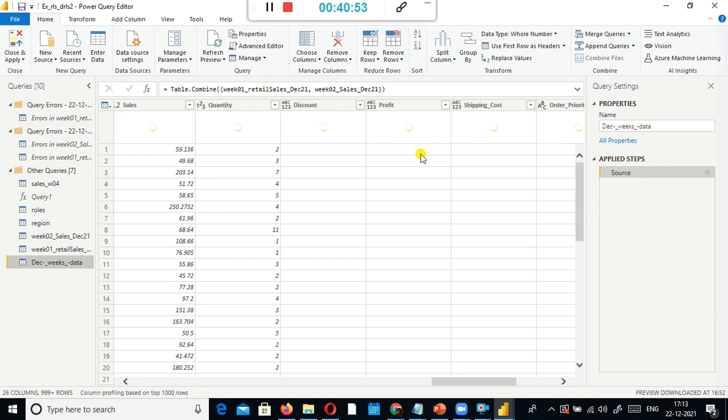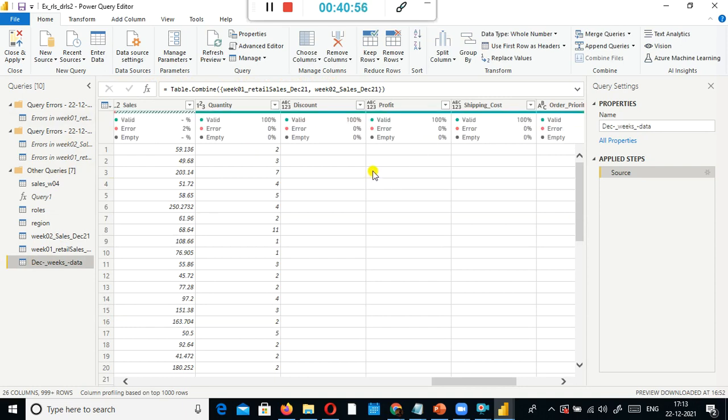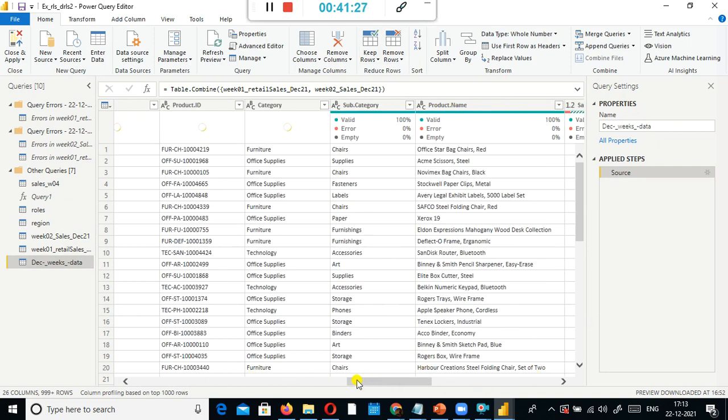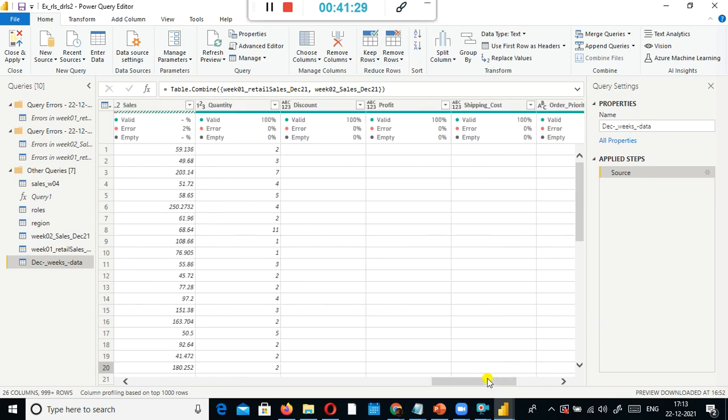On top of that you do some kind of analysis, you apply some transformation. So we discussed the information functions, is error or is number or is text. Those functions we discussed, those functions are informational functions. So it helps us to confirm whether the specific column is actually a number or text data type. Fine. Now what we will do is we will do a little bit of transformation today. So what I am going to do is I am going to take a look at this column, discount.